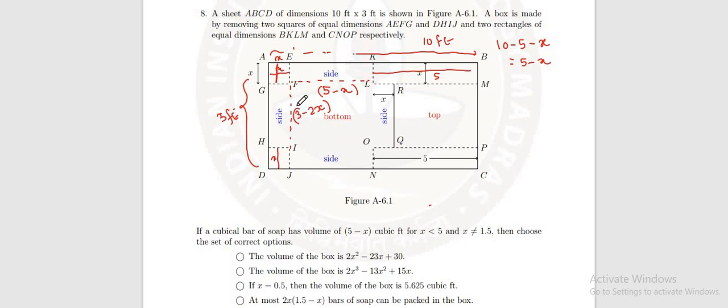And what is the height? Just imagine, this will get folded and this will get up. So this x is nothing but it is representing your height. You can take a cardboard, you can make such a cutout, and you can try to make a box out of it. From that visualization, you will observe that the height that you are obtaining for this box will be equal to x. You can try it by yourself. If you are not understanding, you can take a cardboard and do this.